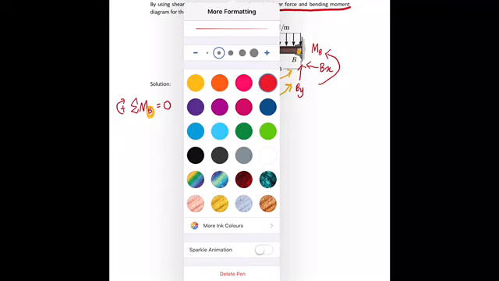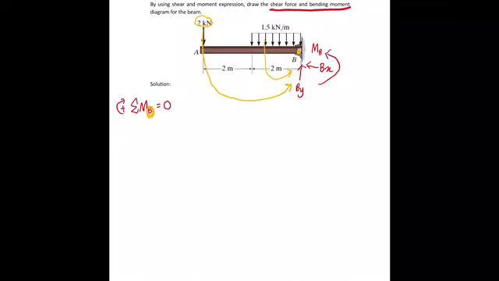So you need to know which one is positive, which one is negative. If it is rotate clockwise, it is positive because we have our definitions here. If it is rotate counterclockwise, then it is negative. Okay, so we start with the 2 kilonewton point load. Is it positive or negative? Negative. Okay, negative 2 times the distance 2, which is 4, and then